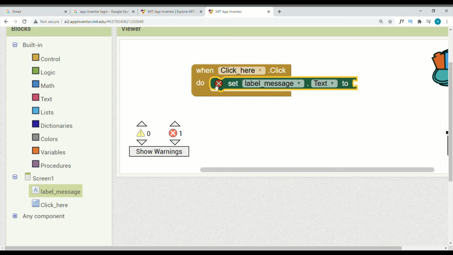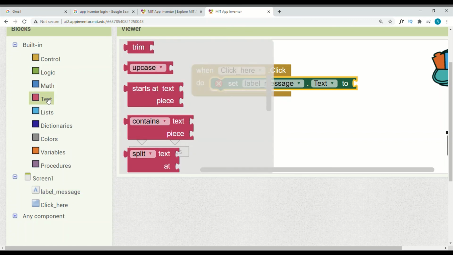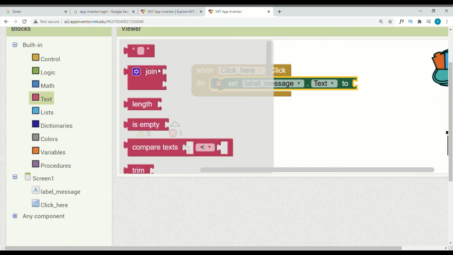Afterwards, we should click on the text which is available in the built-in operations. We should select the empty text string block.